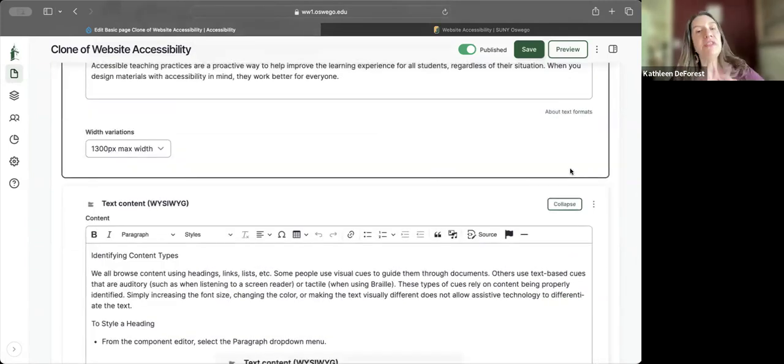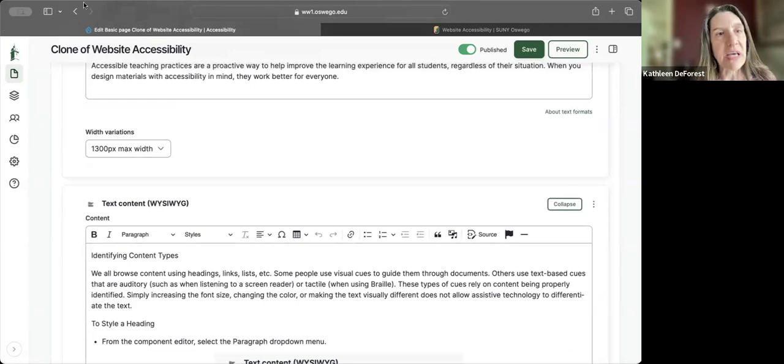All right, so now moving into the actual principles. The first principle is titled Identifying Content Types. This may also be referred to as structuring content. When I say we, I mean basically accessibility advocates, the work group on accessibility principles. So I'm not just speaking for myself, I'm speaking for many people on the campus who advocate and champion for accessibility. When we first started talking about accessibility, we would use the term structuring content, and we would get pushback